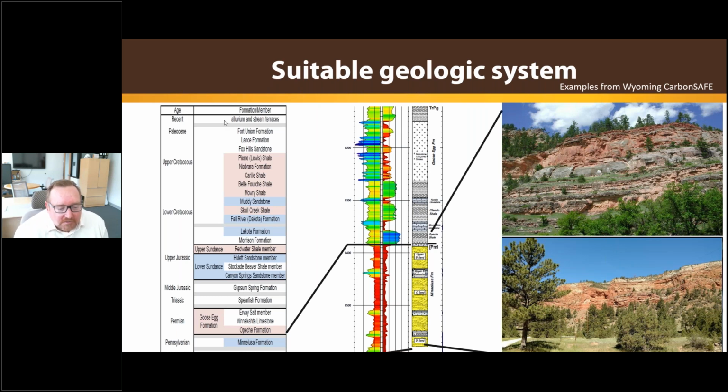chart and looking down. If you could peer down through the rocks all the way to the basement rocks or the granite below, you have a stratigraphic section stacked on top that's all sedimentary rocks. So this chart shows you each geologic formation as you go down through the stratigraphic column beneath your feet. When you're looking for a suitable geologic system for CO2 storage, you have to be below what's